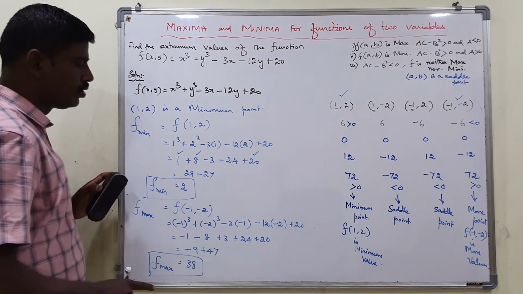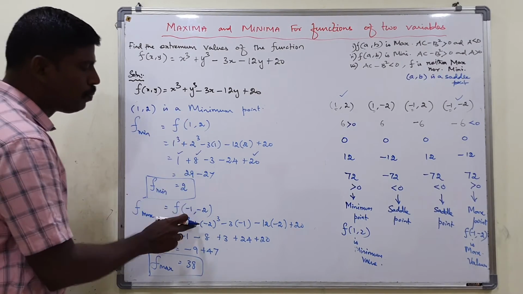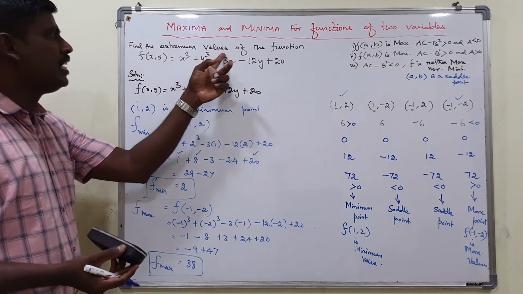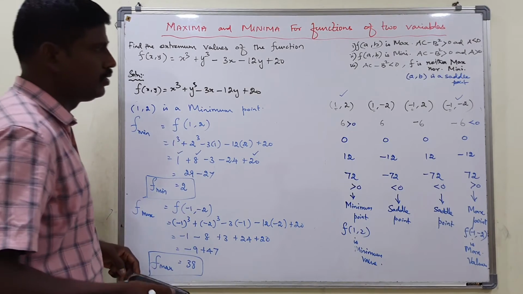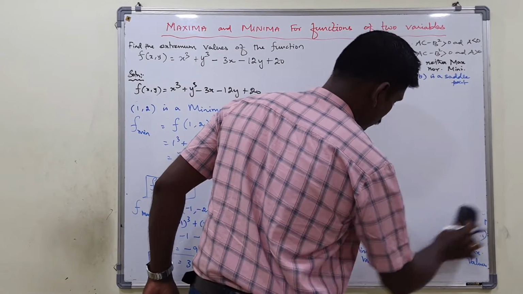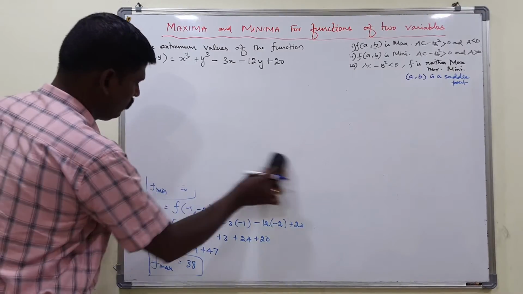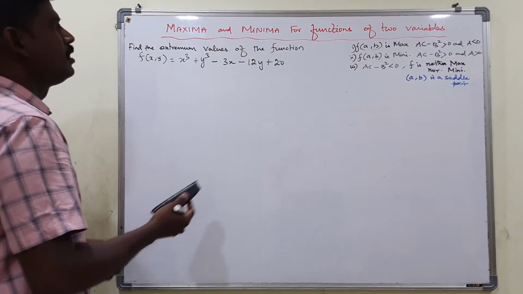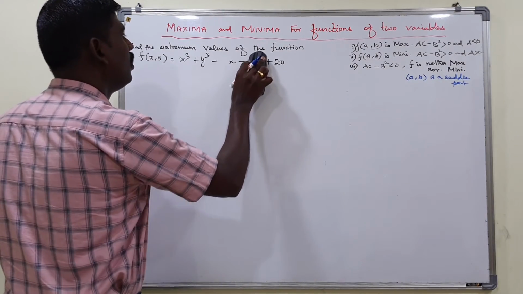So minus 1 comma minus 2 is the point of maximum. 1 comma 2 is the minimum point. These 2 points are called extremum points. That's all. So we find the extremum values 2 and 38 through the extremum points. Okay, that's all. Next one. Find the extremum value of the function